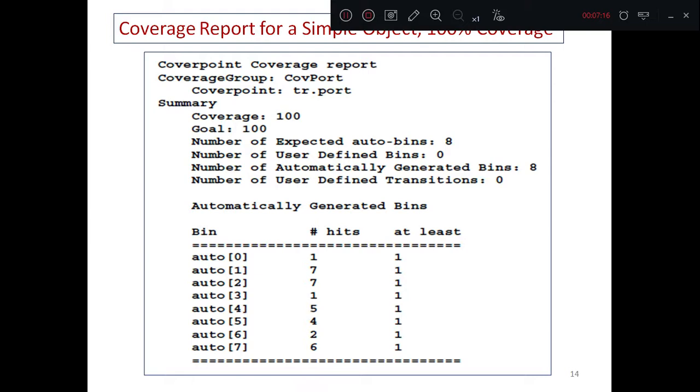One more new word we have come across is the bin. A bin is something where you can collect the coverage information. In this particular coverage report, all 8 bins are covered. Therefore, we are getting the coverage of 100. So this is what you have to understand from this program.